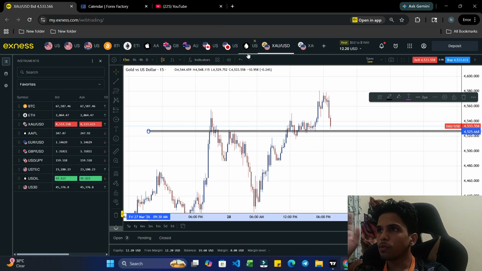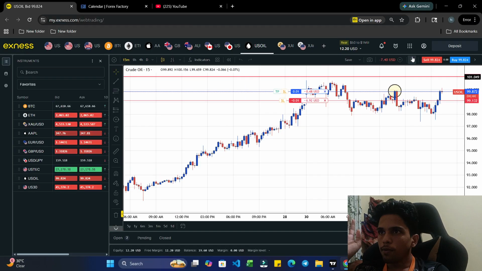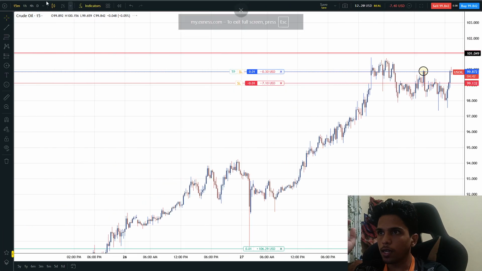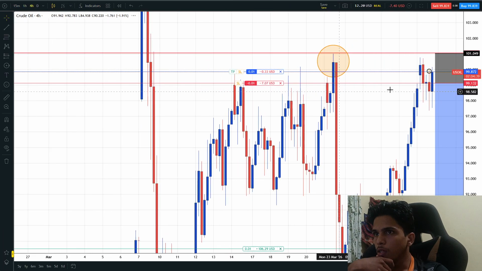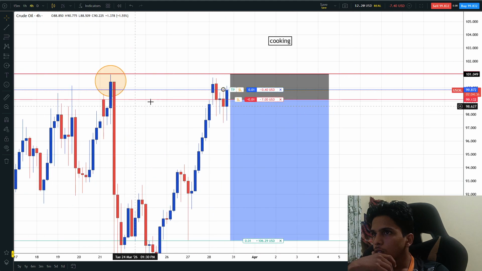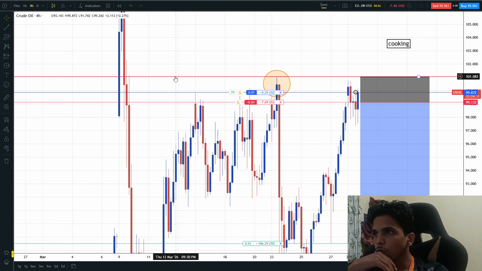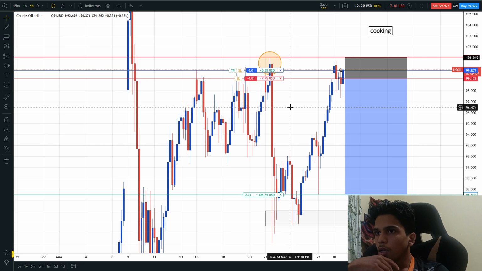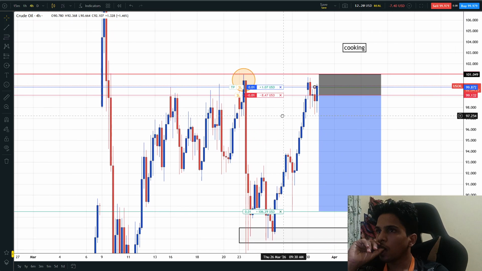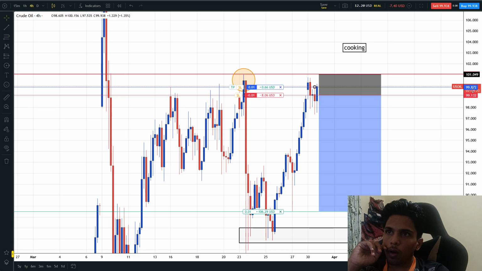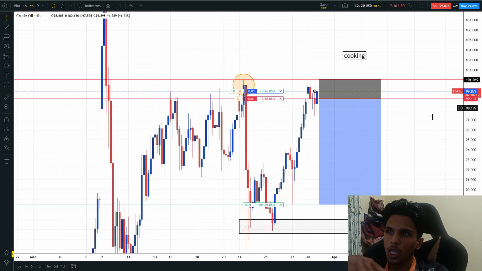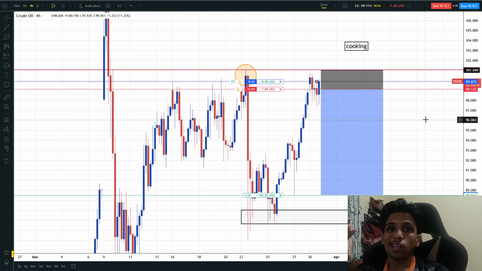Let's remove this. First, we have to just see the oil where we have taken a trade on the 4 hour time frame. So as you can see here, the point of this SL should go to this, which was my level 101.089. But as you can see here, I will see after 2 hours 5 minutes if the candle has closed like this. I'm just hedged. I'm not trading. I'm not doing anything on this because anything can happen. Who knows?